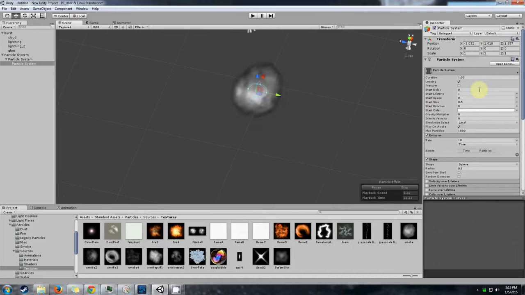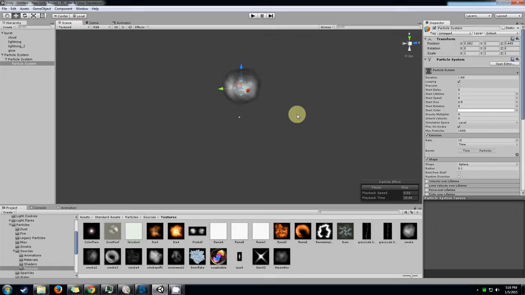Let me reset the transform. There we go. Let's move it up a bit. Turn it around. Move it back a bit. I can actually probably just make the sphere a bit